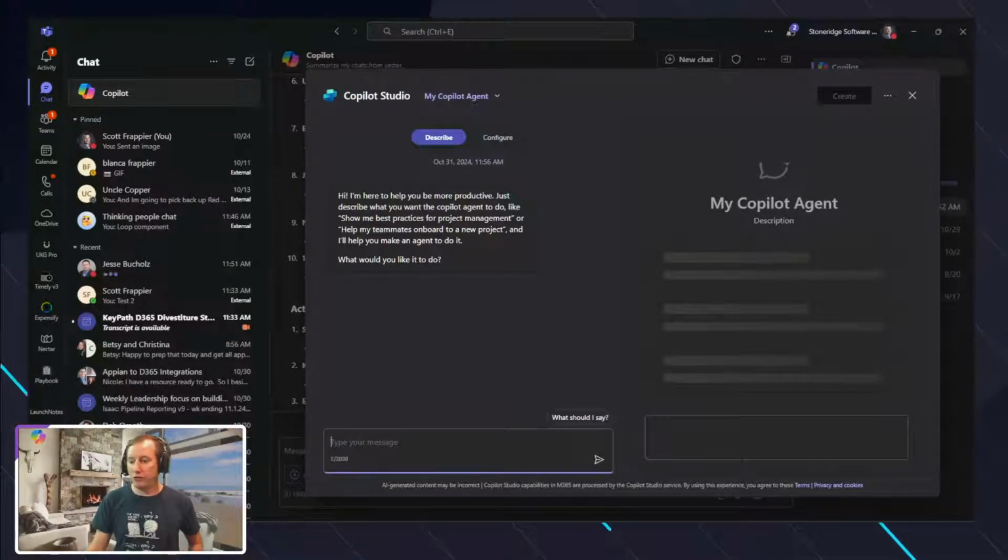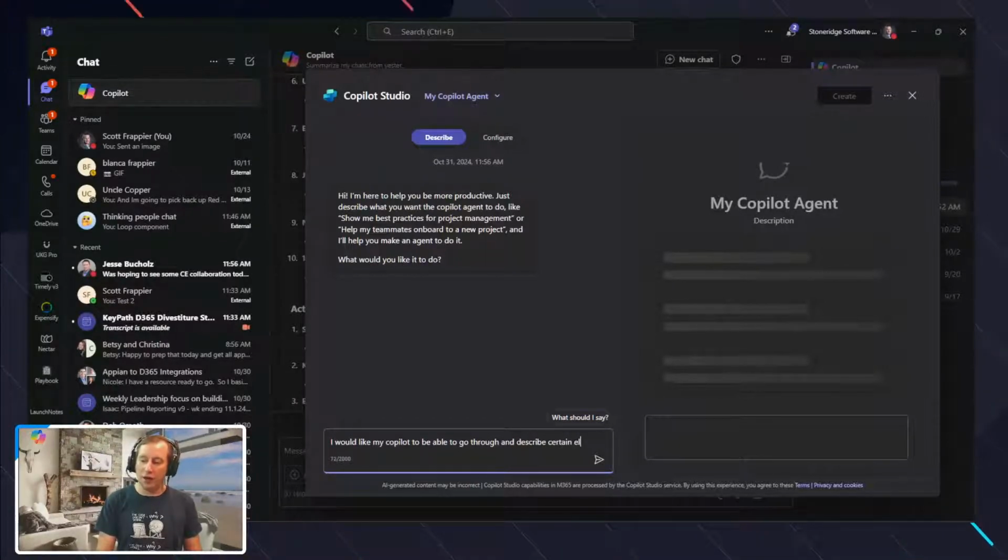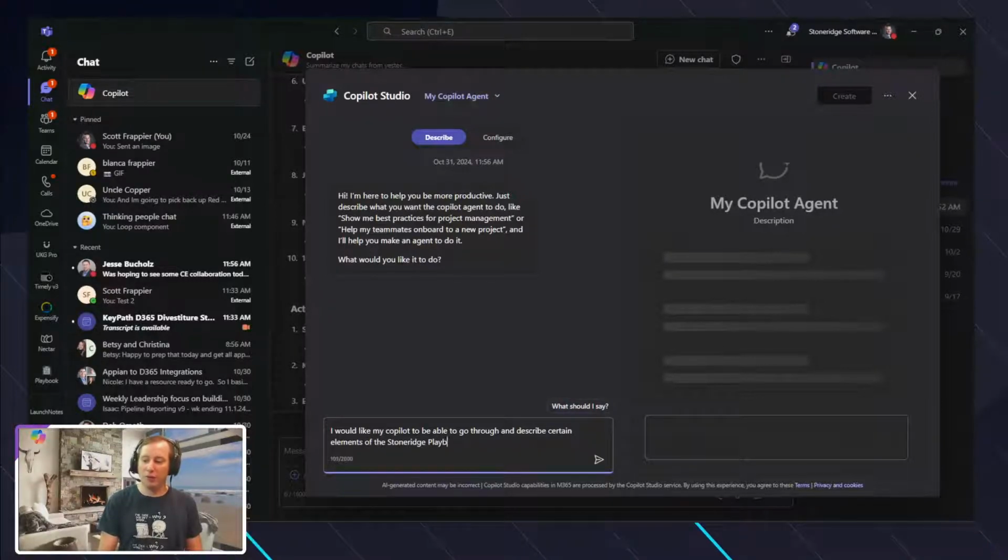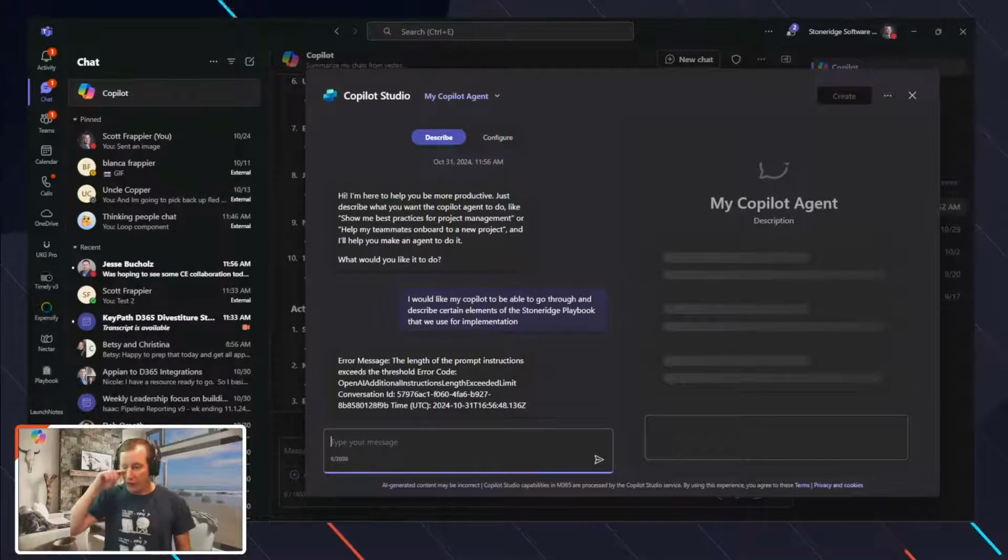So I would like my Copilot to be able to go through and describe certain elements of the Stoneridge playbook that we use for implementation processes, right? Implementation, we'll do it like that. So that's what I'm saying I want this to be.